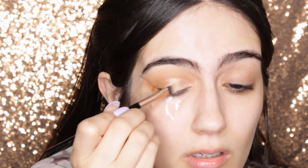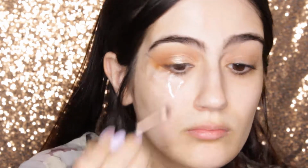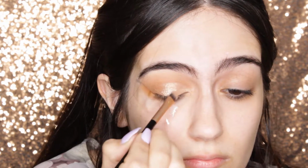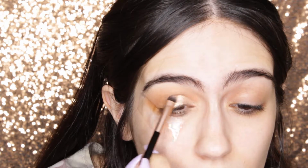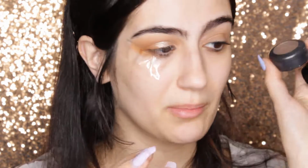Very pretty. This is definitely coming on the wedding day. Now I'm going to pick up a small amount of the NYX Foil Eyeshadow and then take a brush and begin to work that on the glittery area of my eye. That looks really nice. These will definitely be coming on the wedding day. It's the perfect amount of glitter that I wanted, and I didn't have to go out and buy anything new,